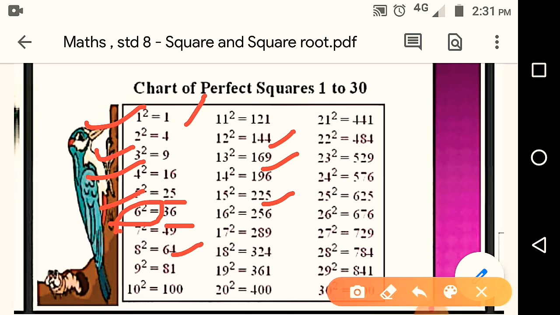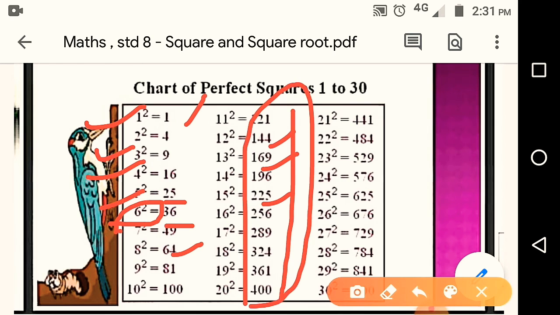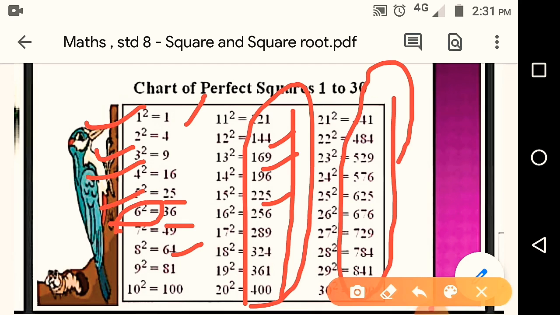So this is a chart of square numbers. When you multiply 2 times, what answer you get? So all these answers that you are getting this side, they are all square numbers. These answers that we are getting after the equal to sign, they are square numbers. Same way here, all the answers in the last column, they are square numbers, because these are answers we get after multiplying the same number two times. Same number को two times multiply करने के बाद ये answers आ रहा है. So these numbers are square numbers.